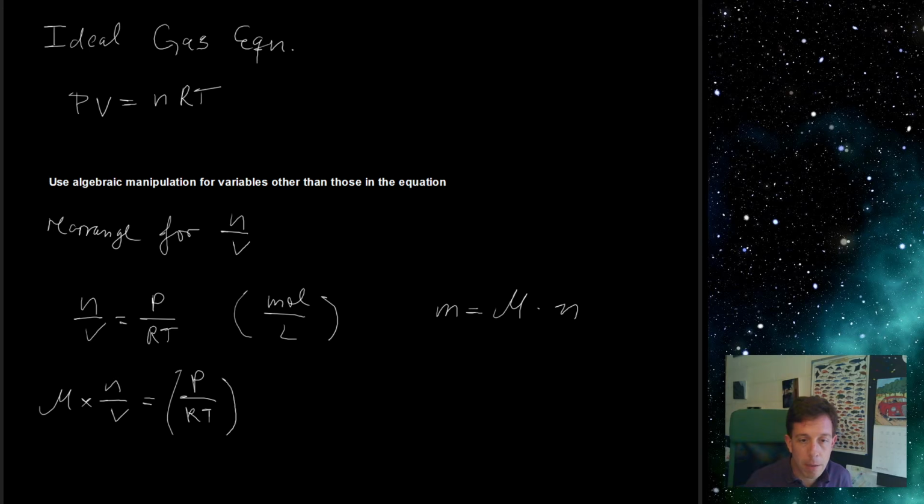and instead of canceling that out, we can see right here, if I multiply the molar mass times the number of moles, I end up with a mass, and mass over volume gives us the density. So we then have an easy way to find the density of a gas with the same kind of relationship right here. So we can then rearrange that over mass over volume